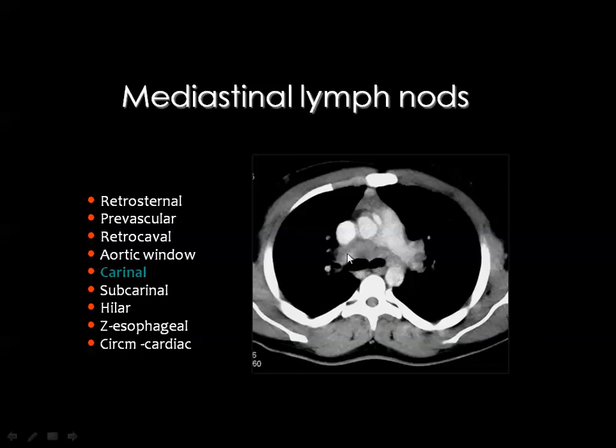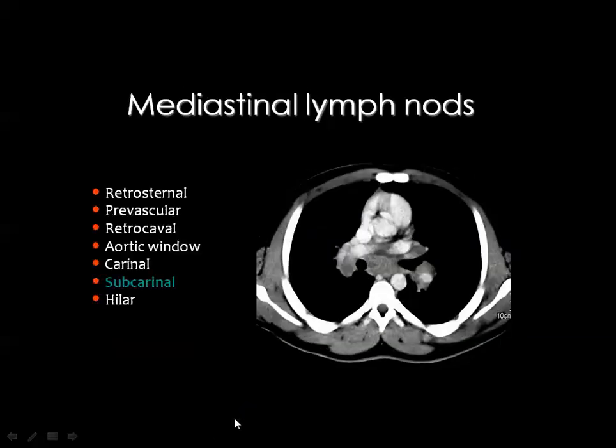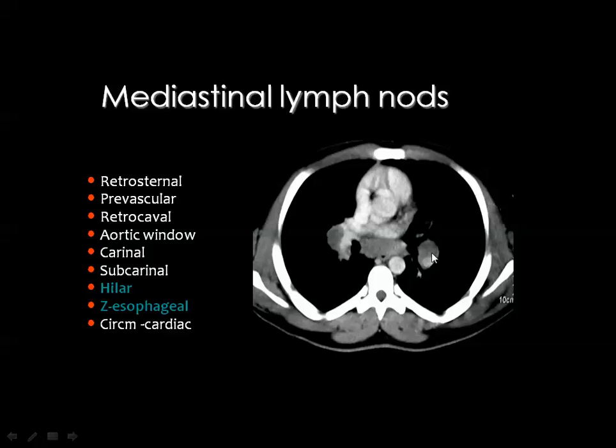Those located anterior to the carina are known as the precarinal lymph nodes. Posterior to the carina are known as the retrocarinal lymph nodes. At the bifurcation of the trachea are known as the subcarinal lymph nodes. Then one of the major groups is the hilar or the bronchopulmonary lymph nodes, which are located in the hilum on both sides. And this is the hilar group on the left, and this is the hilar group on the